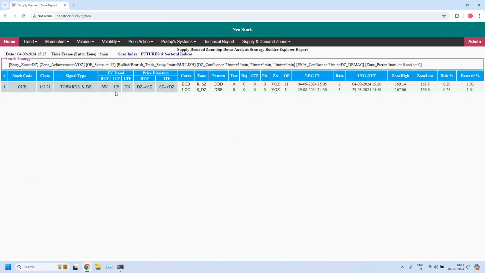CUB is filtered, but CUB ITF is already having confluence. So even though it is sideways, not a problem. ITF, that is 5-minute zone, 15-minute zone, is having a daily EMA confluence. Okay, next one is